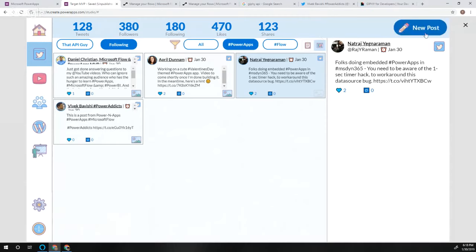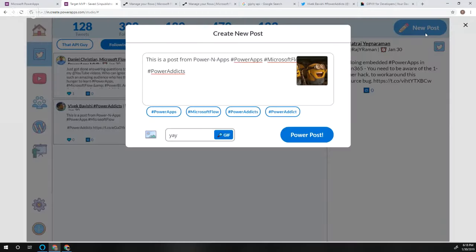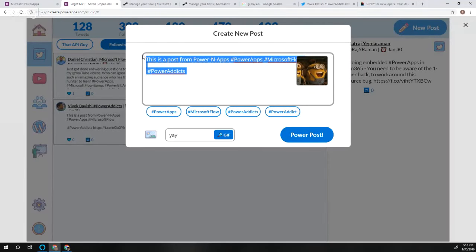One of the things that I added is a new post. I was showing this off, so let me go back and remove this. And let's see, this is another post from Power Apps. And the thing which I like to do is I want to add hashtags without typing it